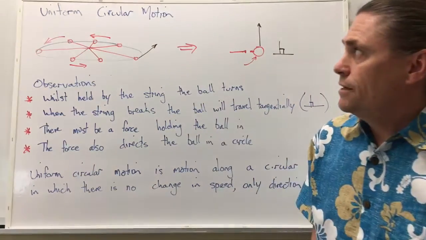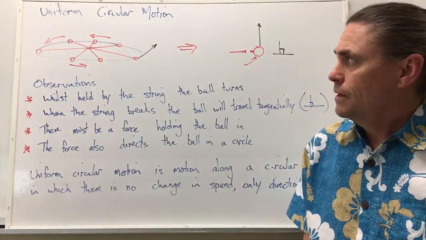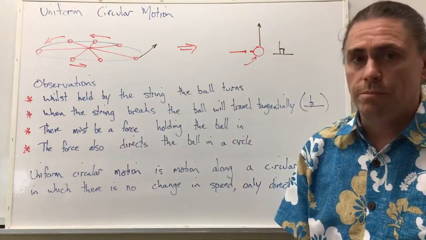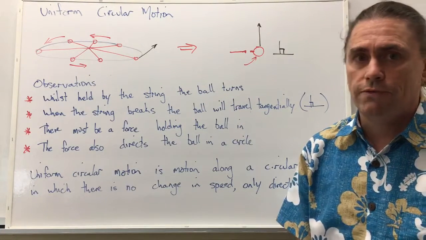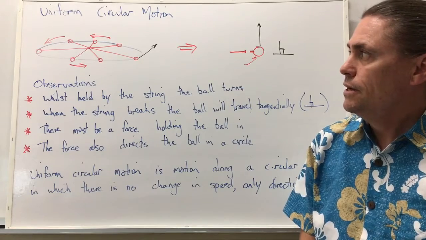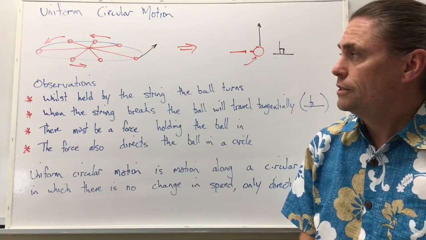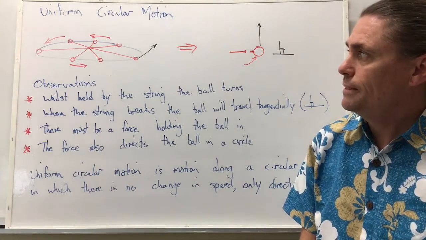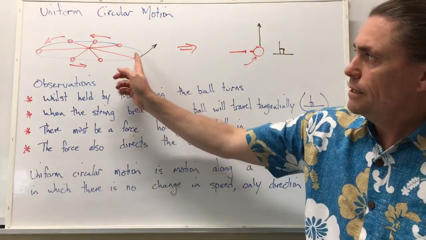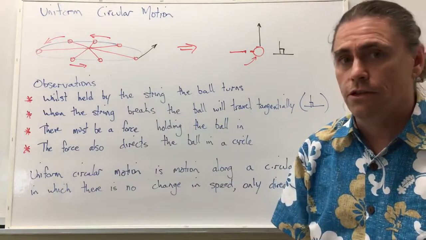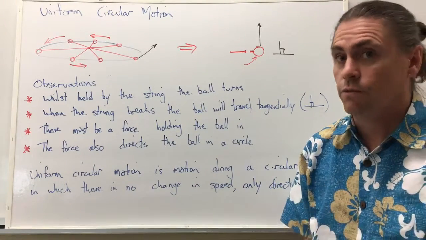Okay, let's have a look at uniform circular motion. Let's look at an object that we spin horizontally. We can make a few observations about that particular object. First of all, if we connect it to a string, we notice that it rotates in a circular pattern, and that the object, even though we're spinning it, doesn't go faster or slower, unless obviously we put a force